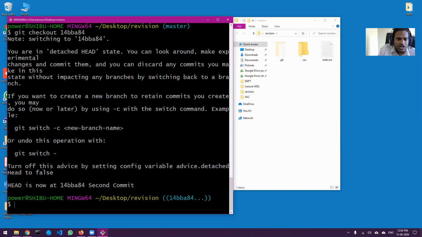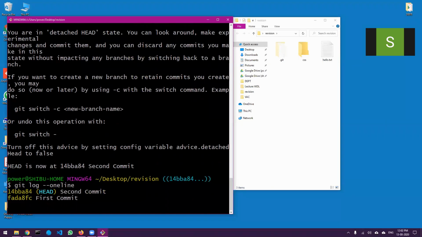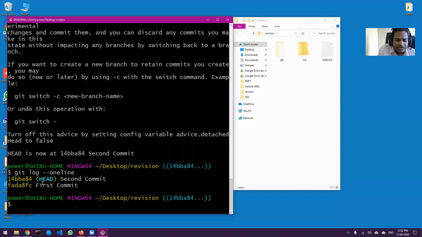Now if I do git log --oneline, you can see that currently my head is at the second commit, but I cannot see the third commit. Why?